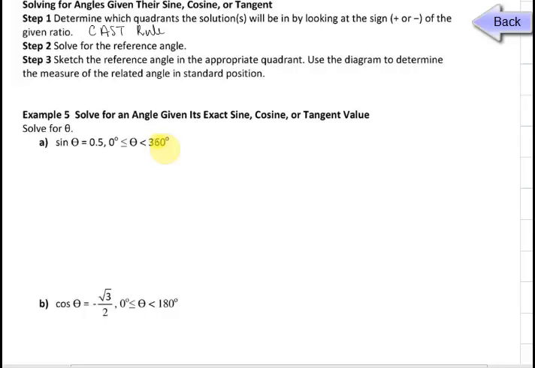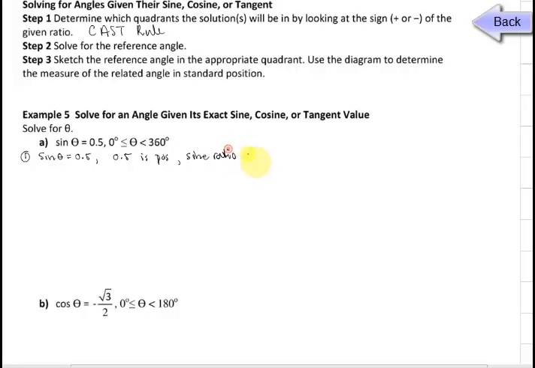So the first thing that you want to do is to determine which quadrant or quadrants your angle will be in. And because our sine of theta is 0.5 and the 0.5 is positive, that means that our